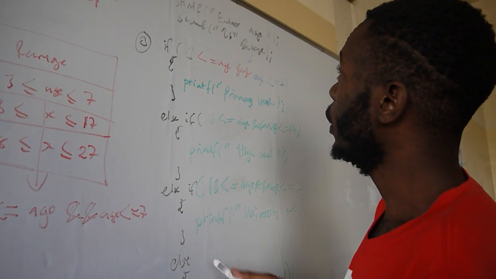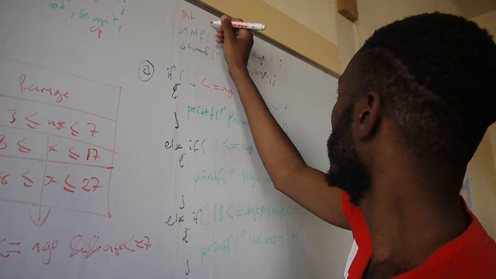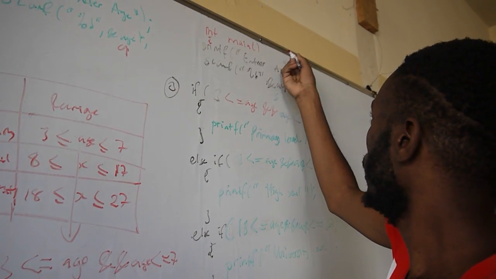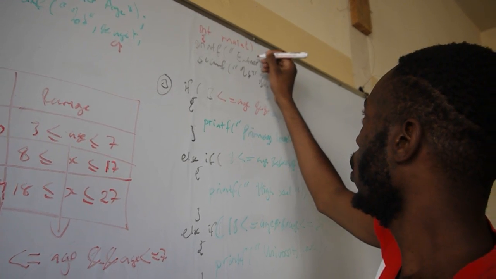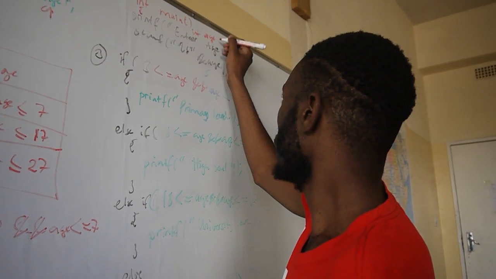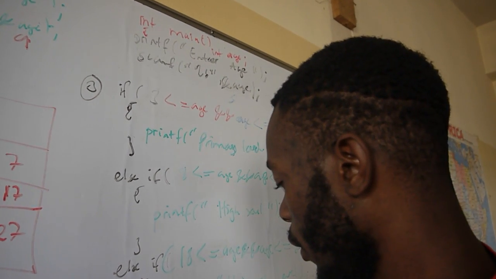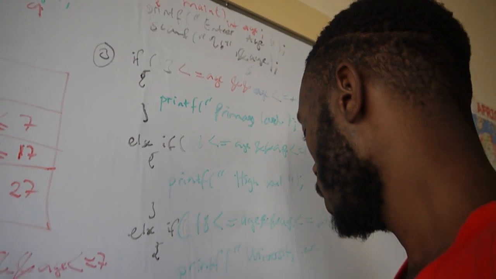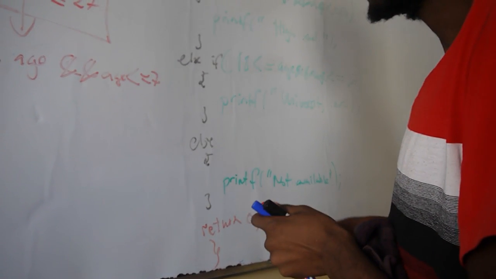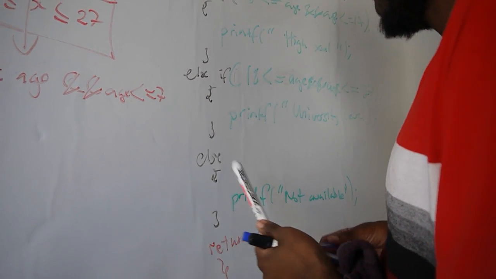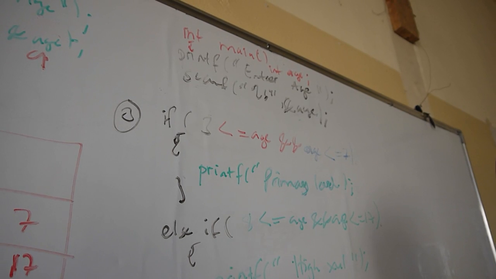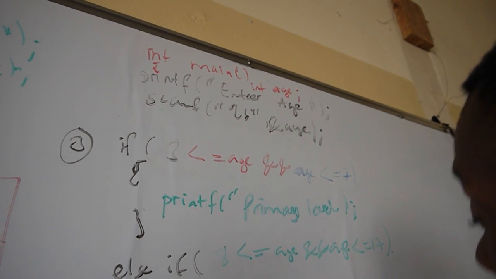My program is within a function, int main function. Then maybe declare my variable. My variable is int age. That's my variable. Then return. Don't forget to use return 0. So here prompt a user to enter age, and if the user enters